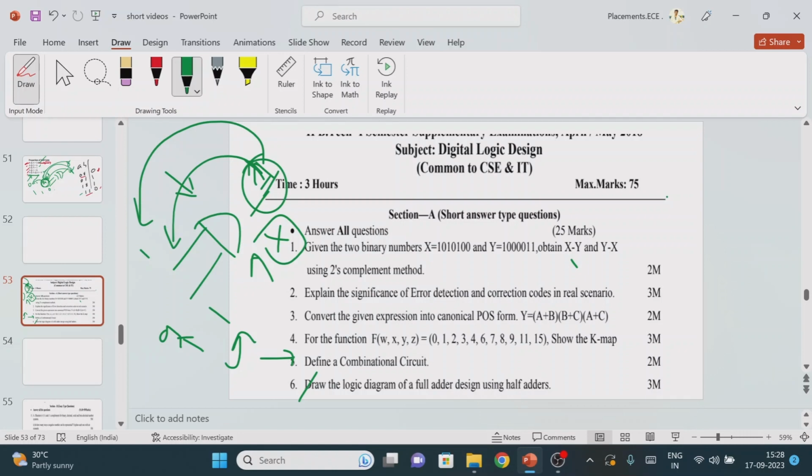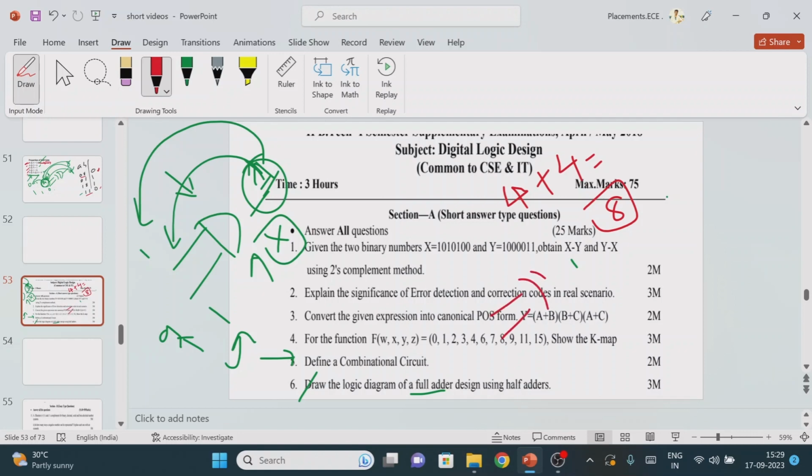Here the question, which they have asked most times, is to design a full adder using 2 half adders. First we need to design the half adder. For example, if you have two 4 GB memory cards, they are asking you to make it an 8 GB memory card. So first we need to find the solution for the half adder, and from that circuit we need to design the full adder.